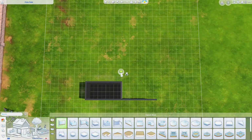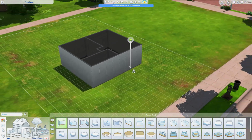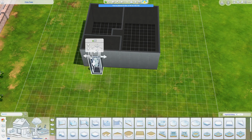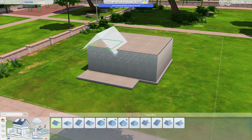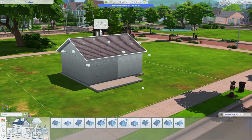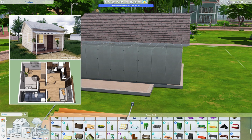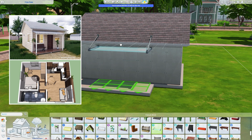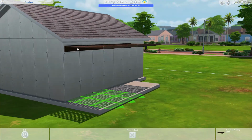My name is Lucca, and today we are building yet another tiny house. This tiny home is actually inspired by a floor plan that I saw on Facebook. You'll see it in the thumbnail, and you'll see it right here on the screen now. But basically I saw this. It was a really simple shape and a pretty simple floor plan, but it really inspired me because sometimes